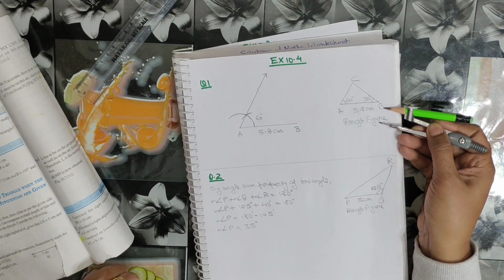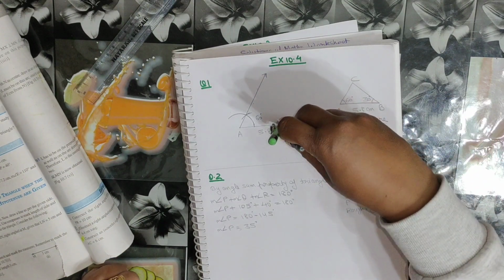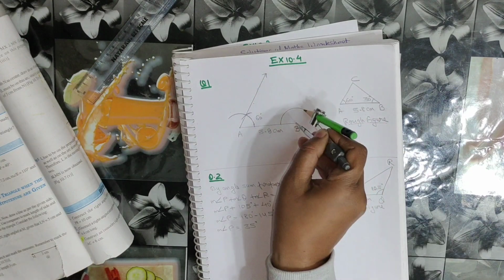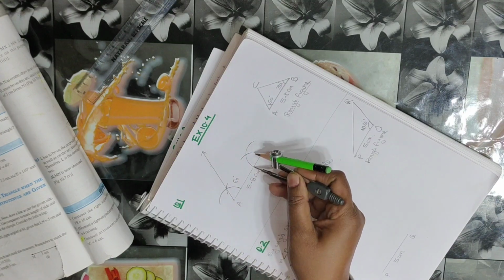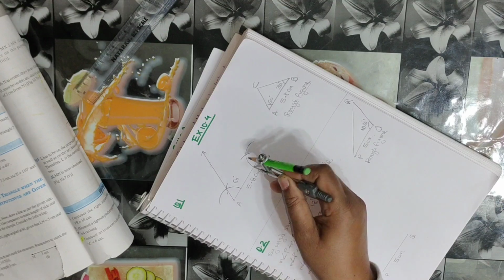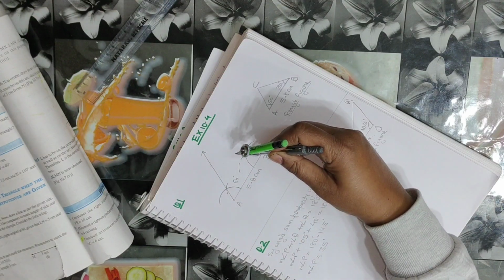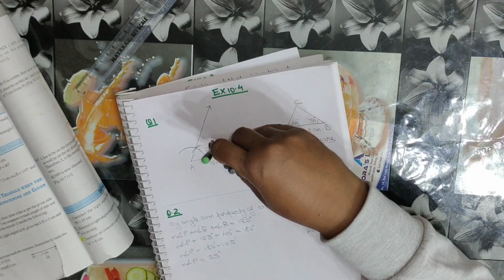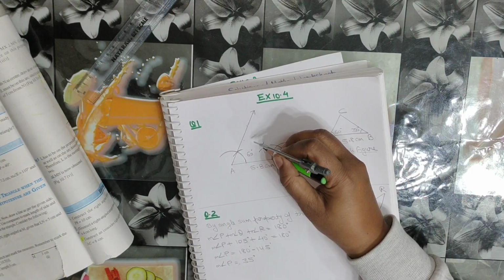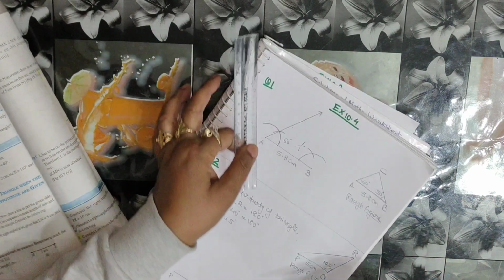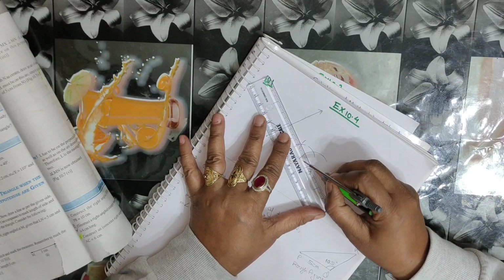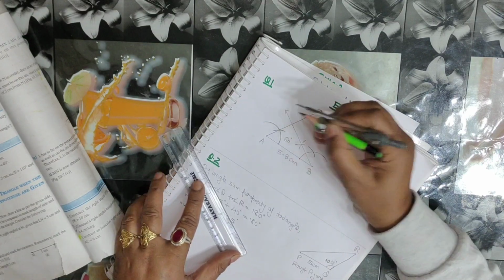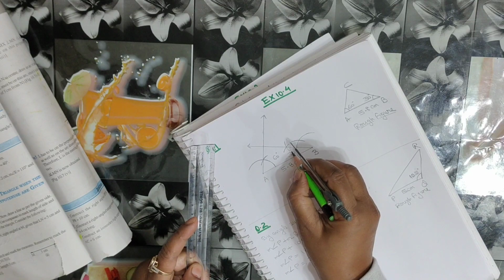Now at the other side, that is at point B, we have to draw an angle of 30 degree. First of all, we will draw one arc with the same radius. If we draw the first arc, it is of 60 degree. Now we have to draw the 30 degree, so we will bisect it. So one arc from here and one arc from the 60 degree point, and the point where both the arcs meet, we will get the 30 degree. When we join this point and this point and extend this ray, we will get an angle of 30 degree. Now this is 30 degree.